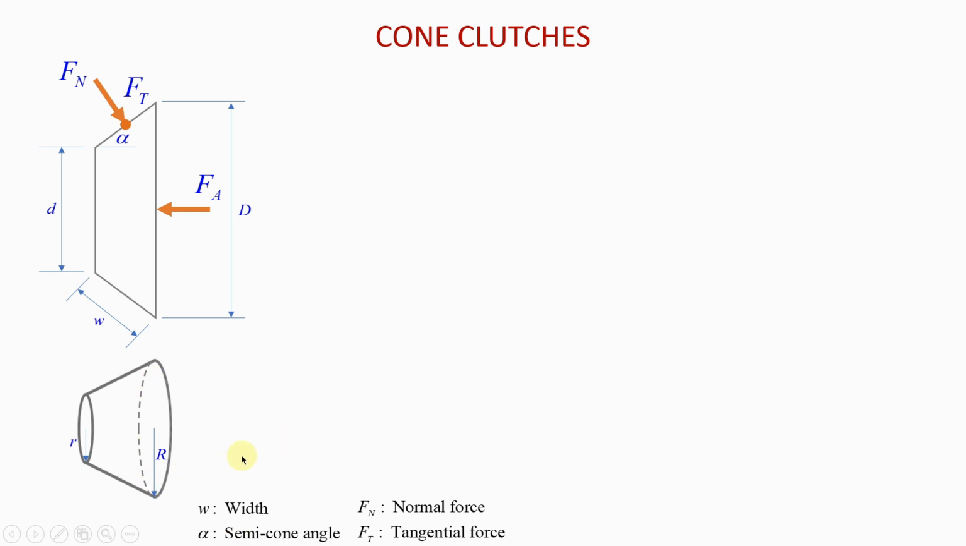Good. Now let us look at some of the equations that are important with cone clutches. The first one is that of the area. The area is equal to pi multiplied by the outer